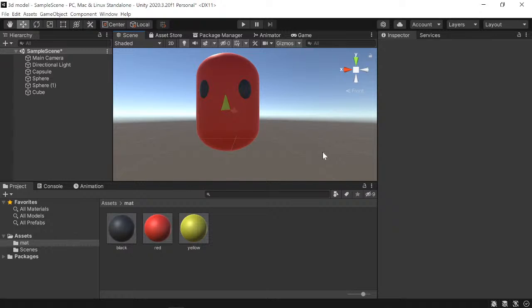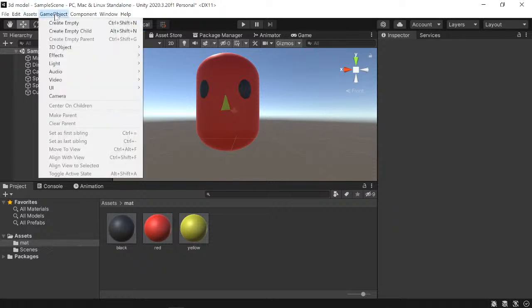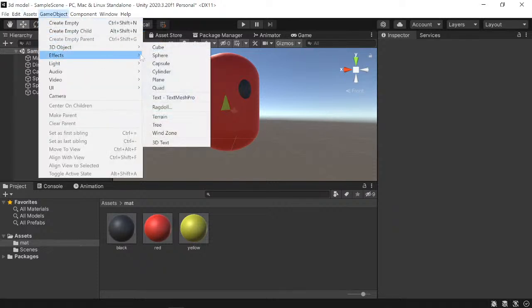Now the next part is we have to look for the mouth. So inside the mouth, it will be like an open space. How will the mouth be open? Let us make it in the form of,